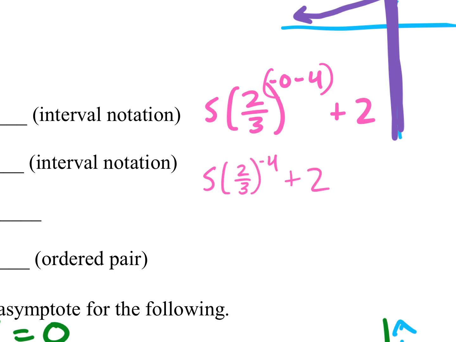When I put that in my calculator, I'm going to put 2/3 in parentheses. Anytime you're putting a fraction in the calculator, put it in parentheses. So 2/3 to the power of negative 4. You'll get 5.0625. Then we multiply that times 5. And then plus 2. So you should get